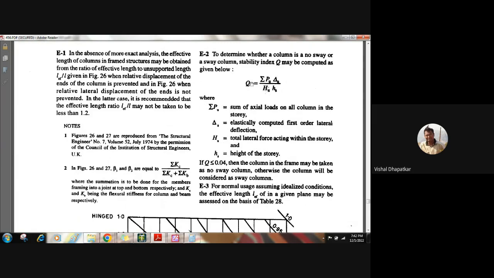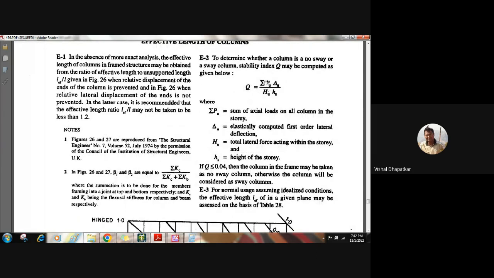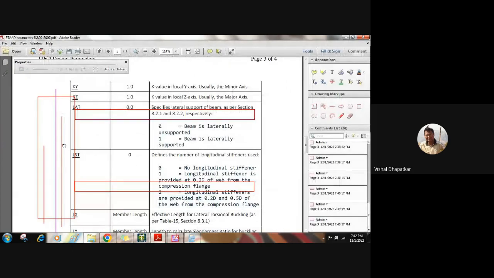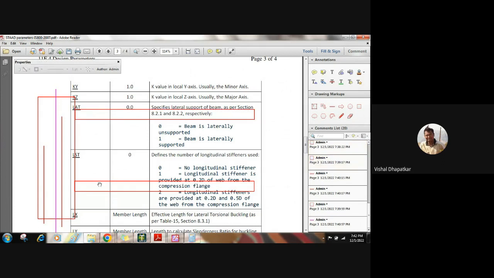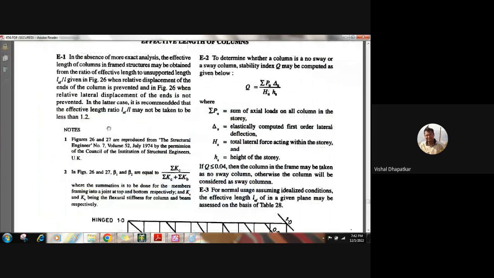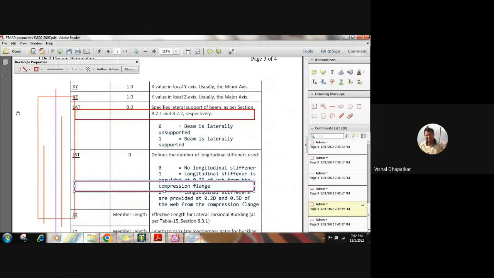Q is the stability index. Summation of PU, where PU is the sum of the axial load on all columns in the story. If we are taking one story, this is one story, so how much axial load is there between this story and this story, that is PU. Then delta U is the first order lateral deflection. When a horizontal load is applied,